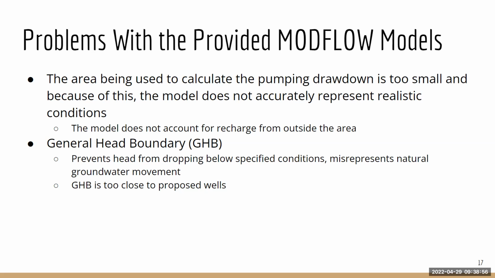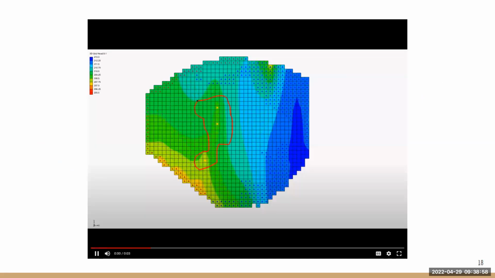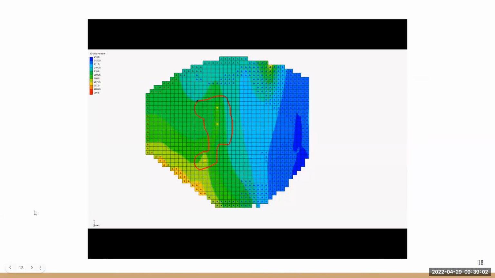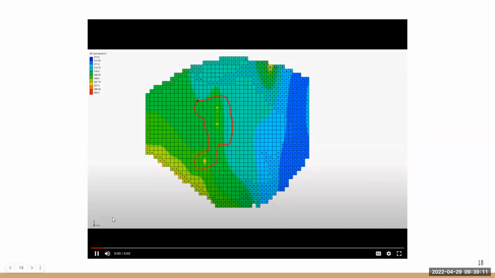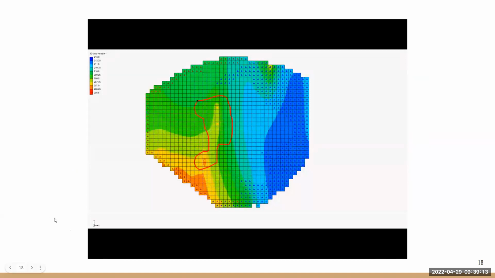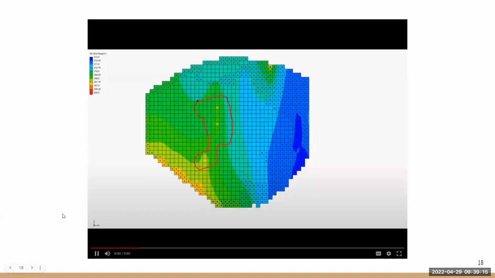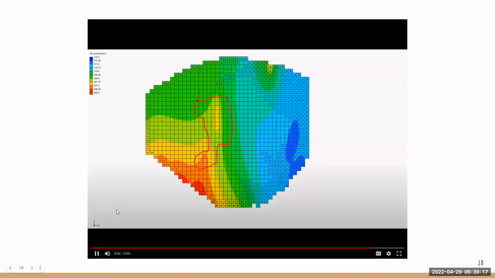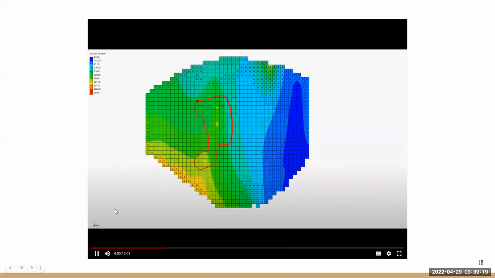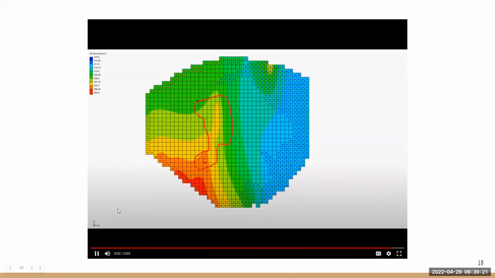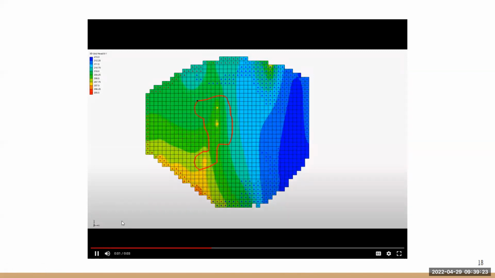So what we went ahead and did was, with the help of Dr. Gerke, we constructed a new model. This is a little illustration with their model. This is the boundary here, and this is the affected area of the homes. And this is a drawdown map, so the water is being pulled basically exclusively from the south. And if you go to the next slide,